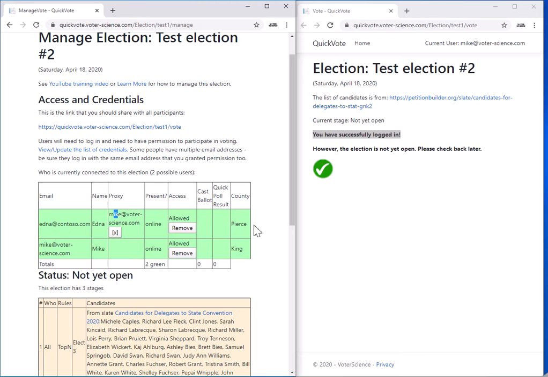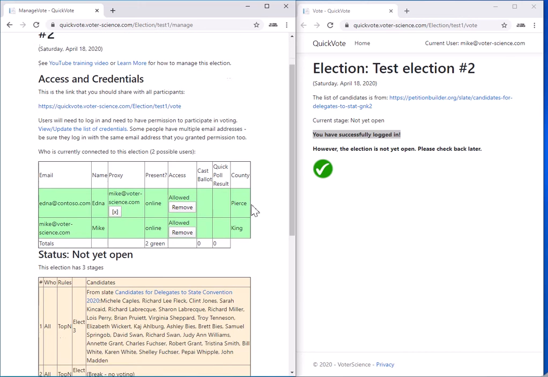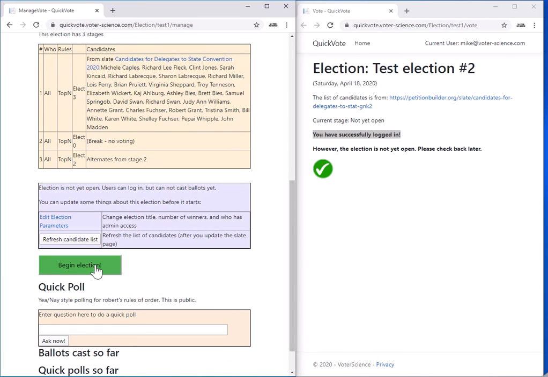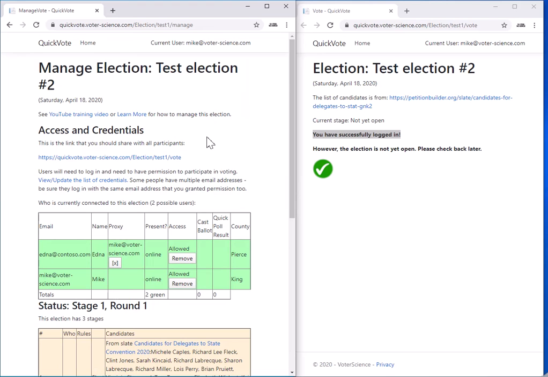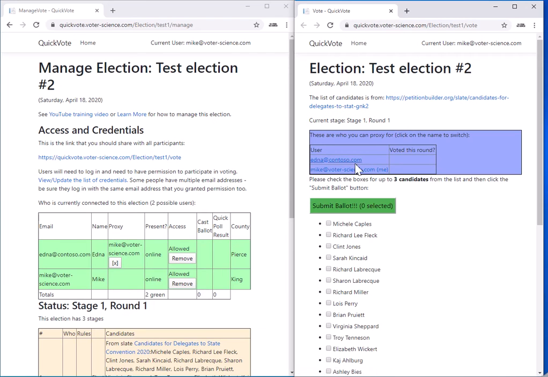proxied by Mike, and both rows are now green because Edna is considered to be online because of Mike. We can click the X to remove the proxy status. And now if we go ahead and start the election, we'll see what it looks like to actually act as a proxy. So on the right, now in Mike, we see all of the people that he has permission